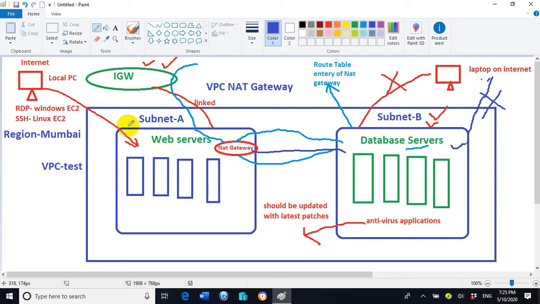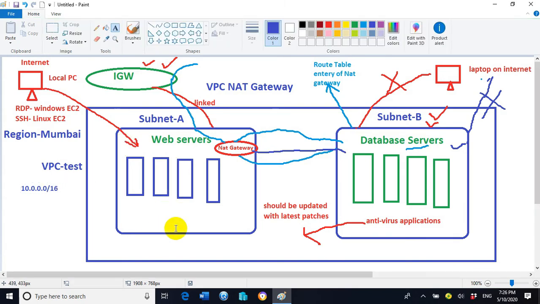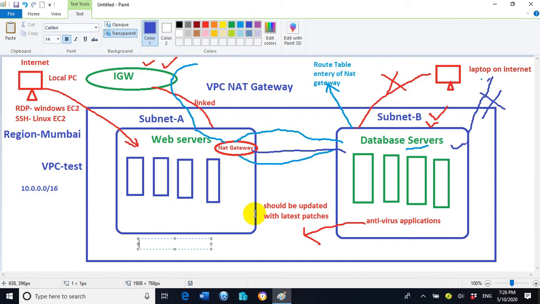Here I am assuming the network range inside the VPC test is 10.0.0.0/16, and inside subnet A the subnet range is 10.0.0.0/24, and in subnet B the subnet range is 10.0.1.0/24.